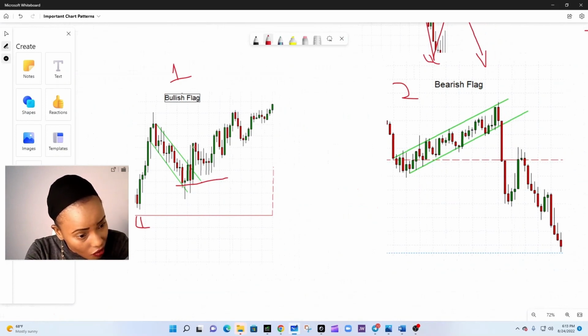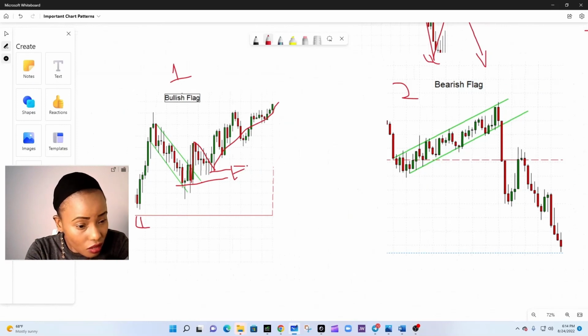Here we can see we have this bullish candle that broke out of the upper slope, the upper trend line. So as a trader, we want to continue buying because price has broken out of the flag. The price will break out here, form a high, retest, and then push forward. So what do you do? You wait for a correction of the price, you wait for a retest, and you enter here at discounted